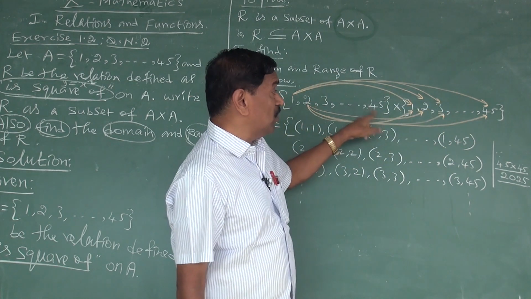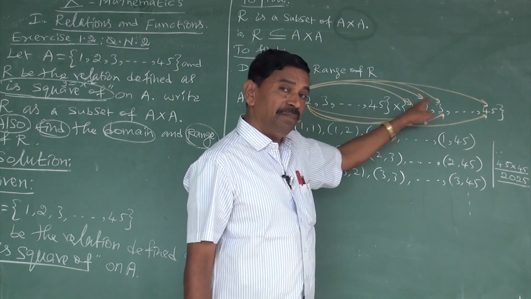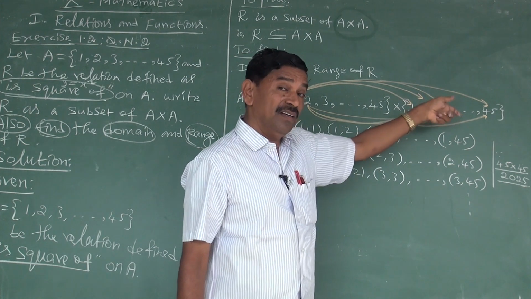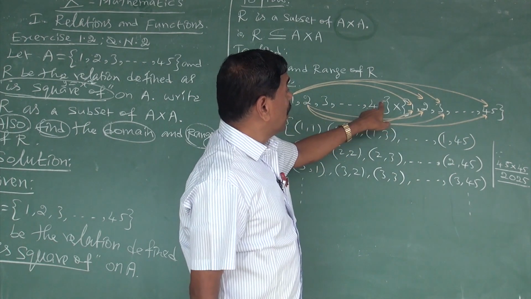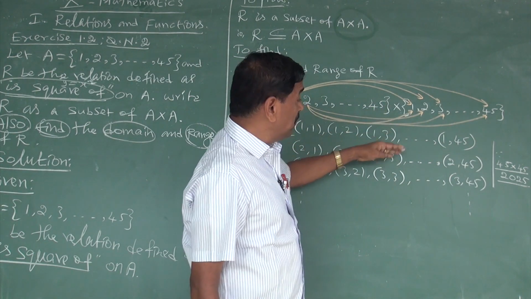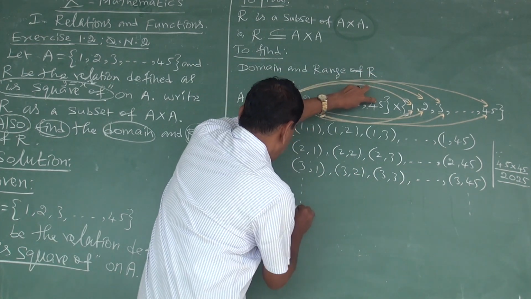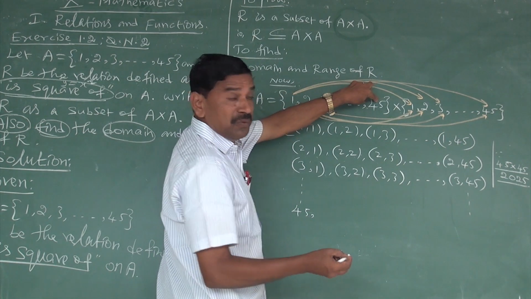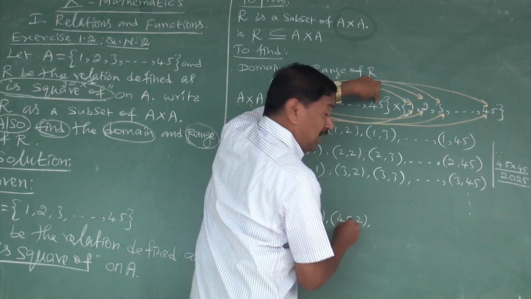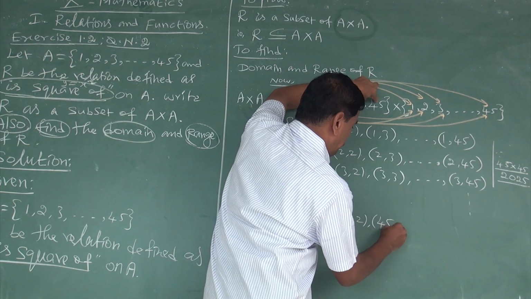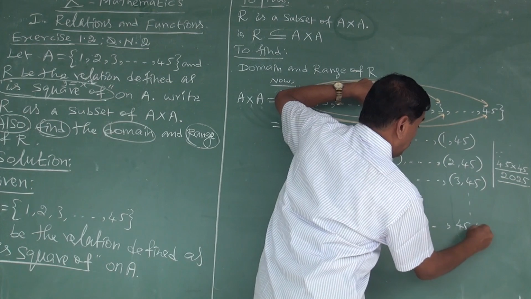Can you tell me yourself? Good, 44 comma 1, next 44 comma 2, 44 comma 3, etc., 44 comma 45. So now I want to take the last element. Let us consider the last element because it takes more time. The time is not convenient. So that is why, see, etc. 45 comma, say it yourself, good, 45 comma 1, 45 comma 2, 45 comma 3, etc., very good, 45 comma 45.